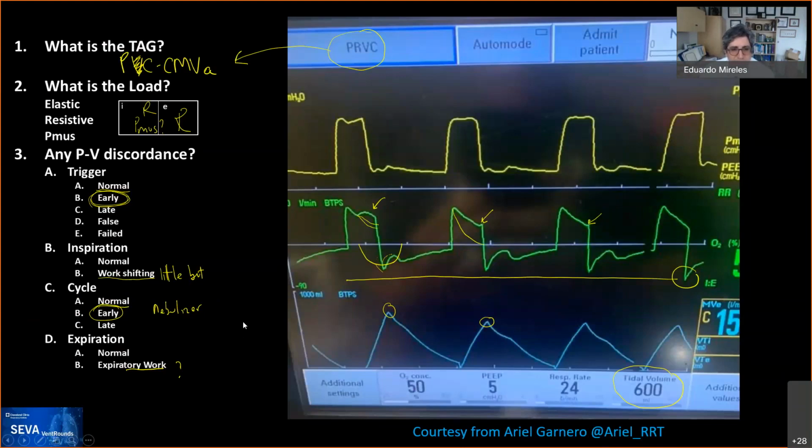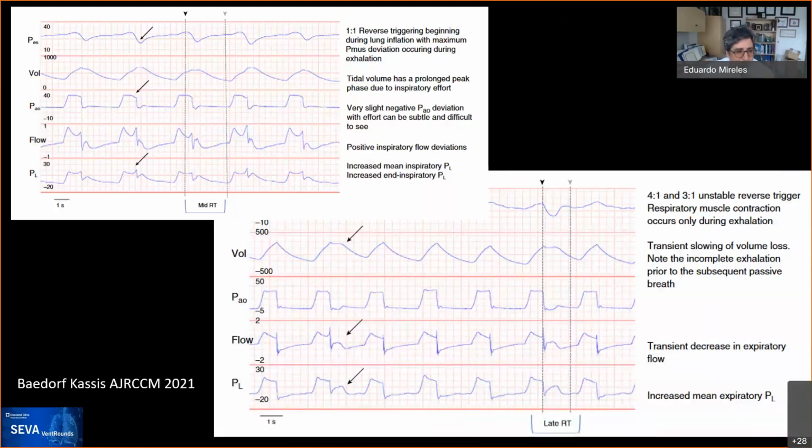And to that, I chose to show this article over here, and I would ask you to read this. This is a great work from Boston with Dr. Bedorf, Cassis, Talmor, Loring, who's really good at lung physiology. And they describe 4 types of reverse trigger. What you see here is the esophageal pressure, this is the volume, this is the airway pressure on the ventilator, the flow of the ventilator, and this is the transpulmonary pressure, the pressure